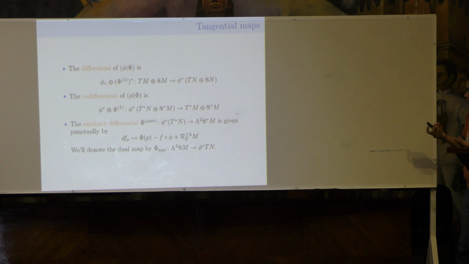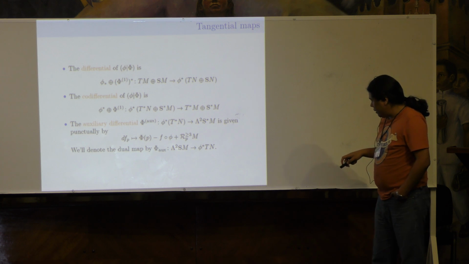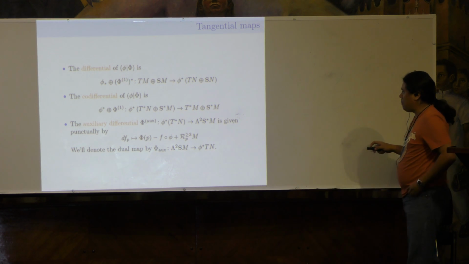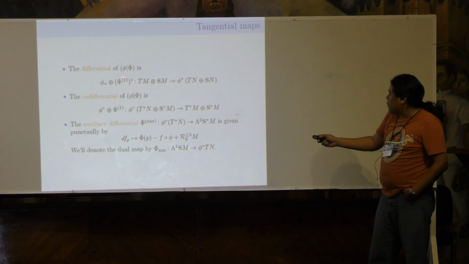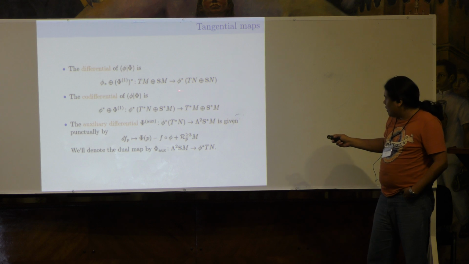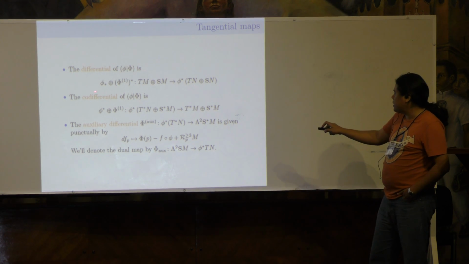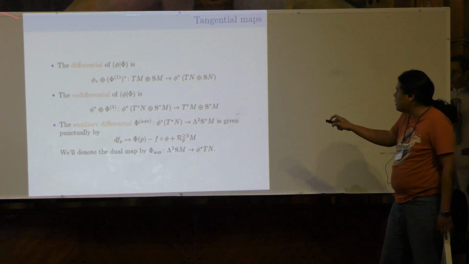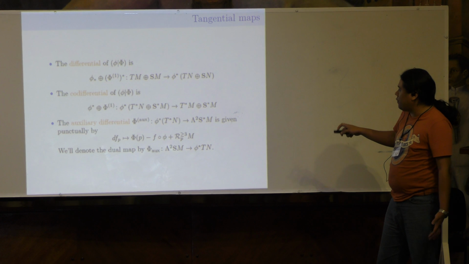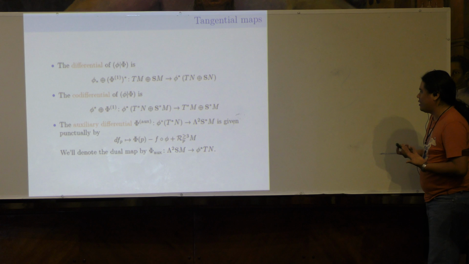As in usual differential topology, we need to define the differential or the tangential maps, and it's actually quite easy with the previous proposition. What we get is the differential, the one that goes in the right direction, is defined by this, and you will notice that we have the usual tangent bundle, that makes sense, and the bundle of odd directions. That should make sense, and it does, because